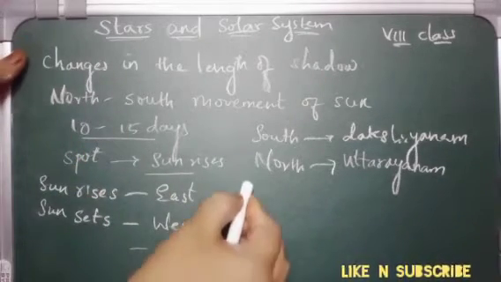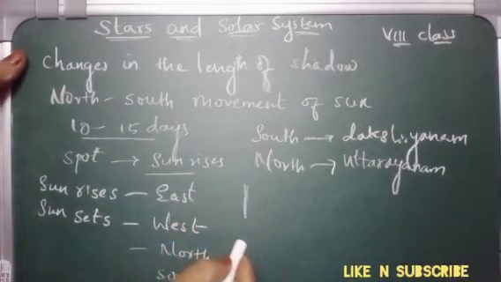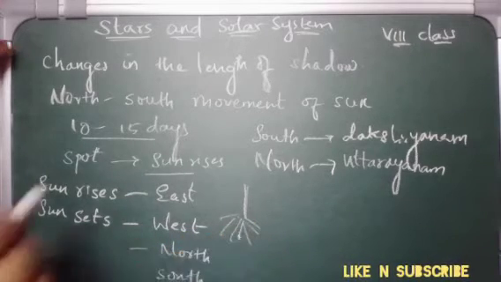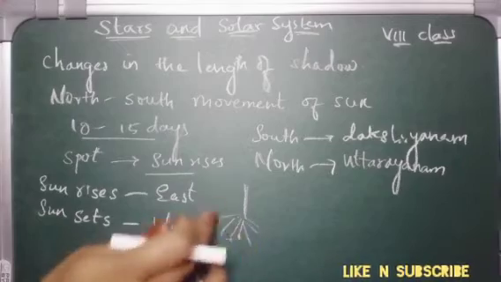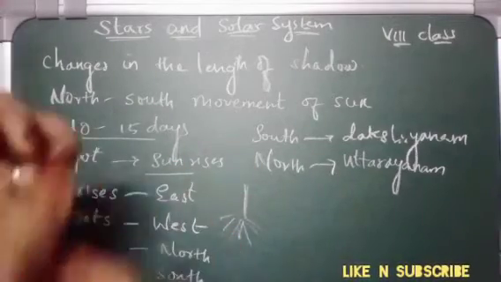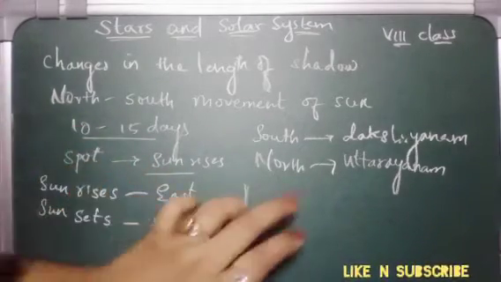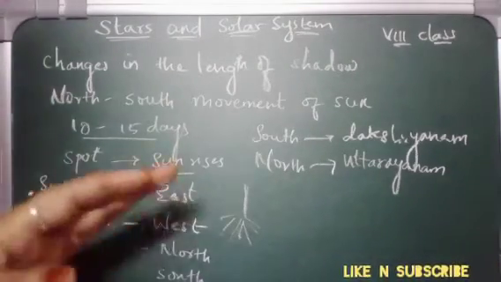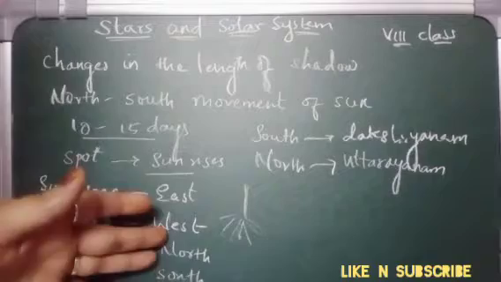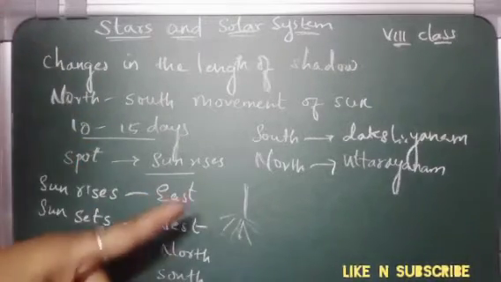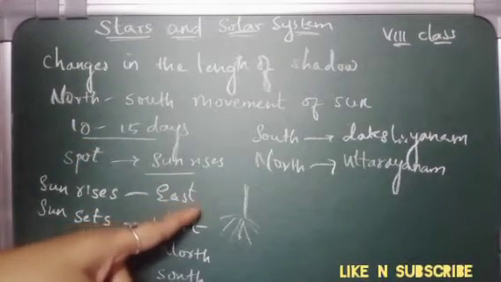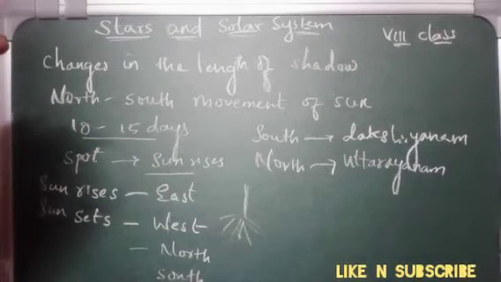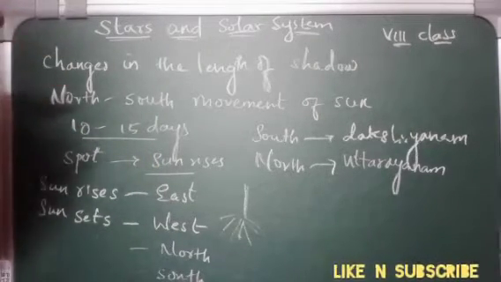Whatever you have seen, that you kept the stick here and observed shadows of different lengths at different times, that is due to this only. Okay, so assuming you did not have any calendar or knowledge of months and seasons, can you use the movement of the sun to predict the arrival of winter or summer? Yes, it is possible.